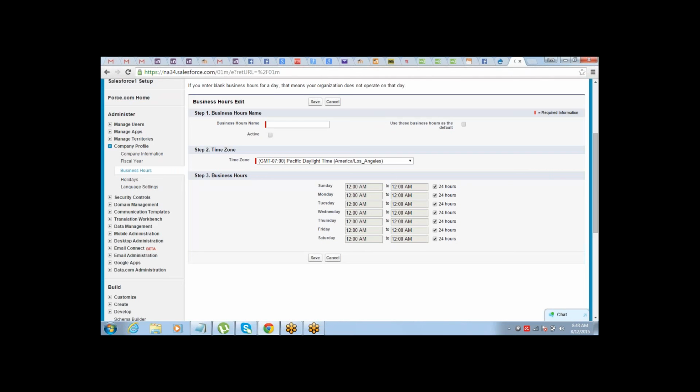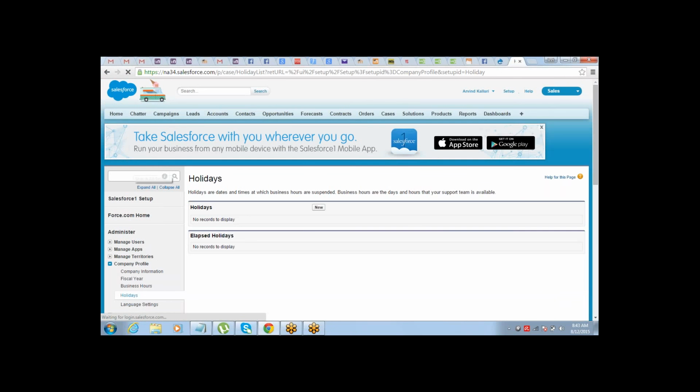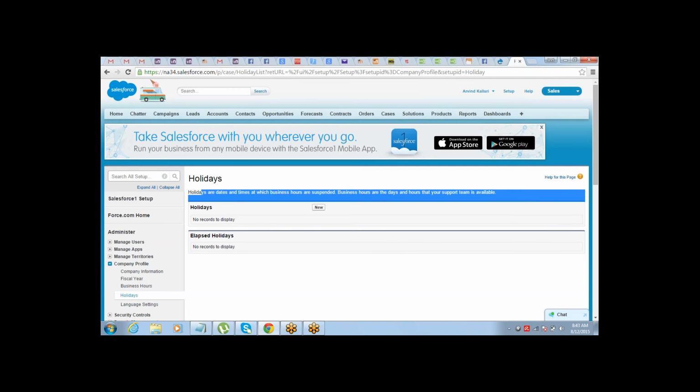What is holidays, and why do you think holidays are important? Similar to what you just described, for the customers to know when the business is open. Right. So holidays are not for the customers to know when it was open, because customers will anyhow not have access to your Salesforce. It's for the escalation rule to understand which days should be avoided while you're calculating the escalation time, right?